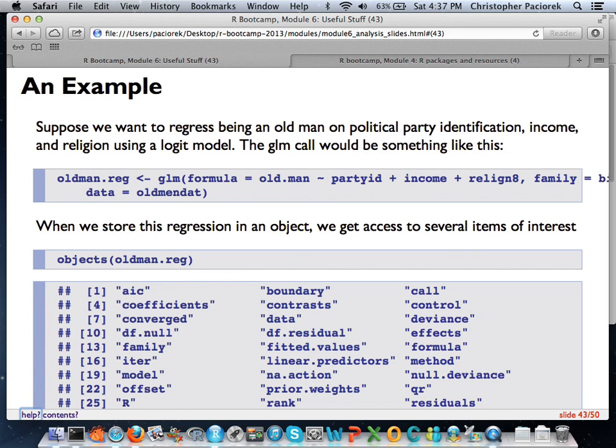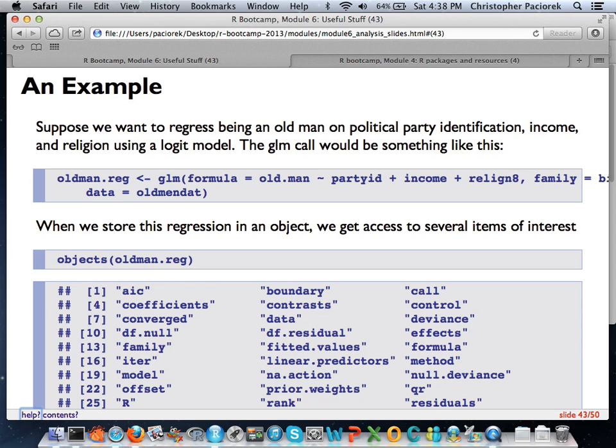So, an example. So you saw some of how this works and how the resulting LM object looks, with the example that Chris gave before. So we're going to go through another example here and show that it's very much the same. And this is an extremely silly regression that we're going to run, and probably not one that would be recommendable to anyone, but it's good for pedagogical purposes, I suppose.